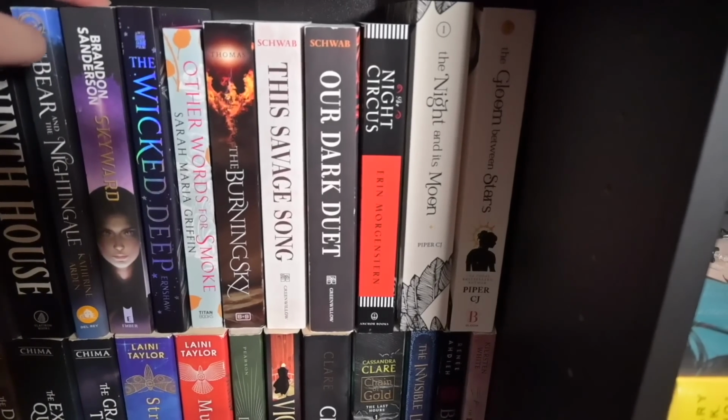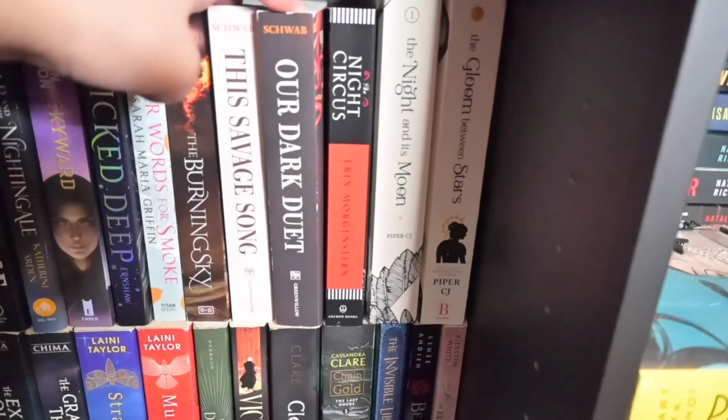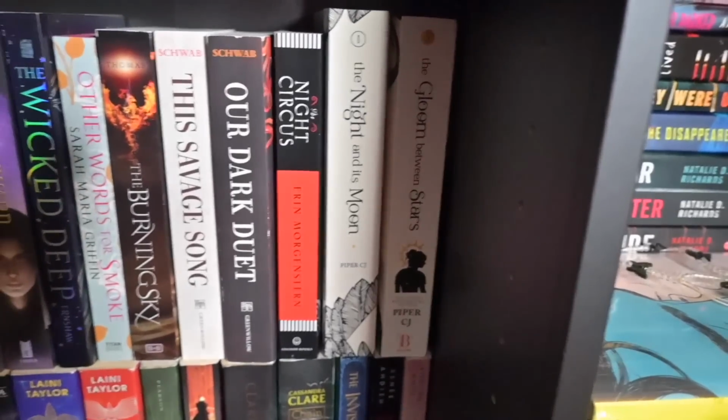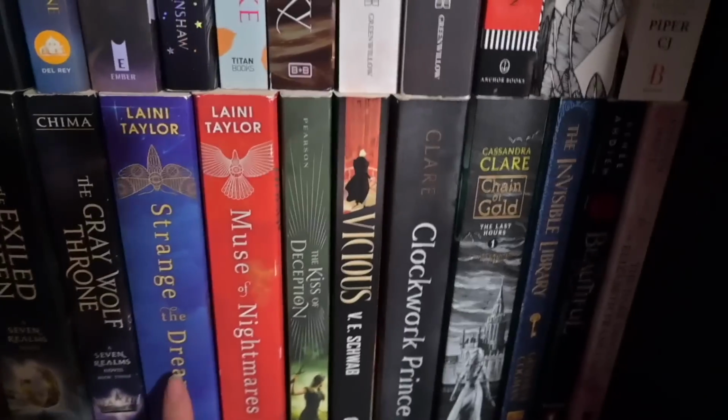Skyward by Brandon Sanderson, The Wicked Deep, Other Words for Smoke, The Burning Sky, This Savage Song and the Archenemies duet by V.E. Schwab, The Night Circus, and the first two books by Piper CJ in this series. I have a couple books in the Seven Realms series that I want to start, Strange the Dreamer and Muse of Nightmares,